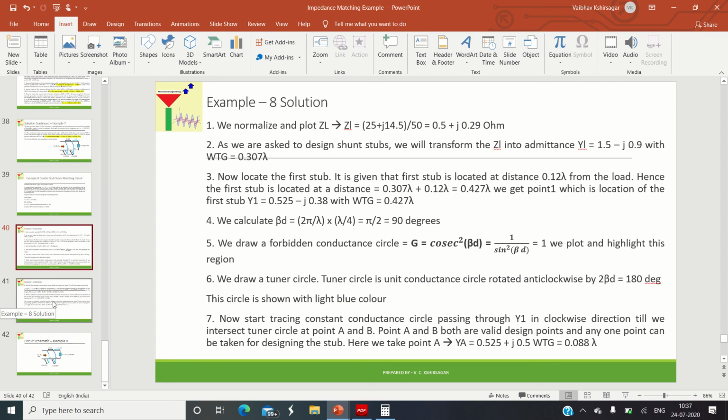Okay, so next time we will see the drawback of the double stub tuner circuit and how to overcome that drawback by using a triple stub circuit. Please remember, the design of a triple stub is not required, we will only study it theoretically. And finally, we will explore the different types of special planar transmission lines which are very popularly used in microstrip circuits, or in microwave circuits. We will see these in our next lecture, and more or less in the next lecture we will completely finish module number 1.